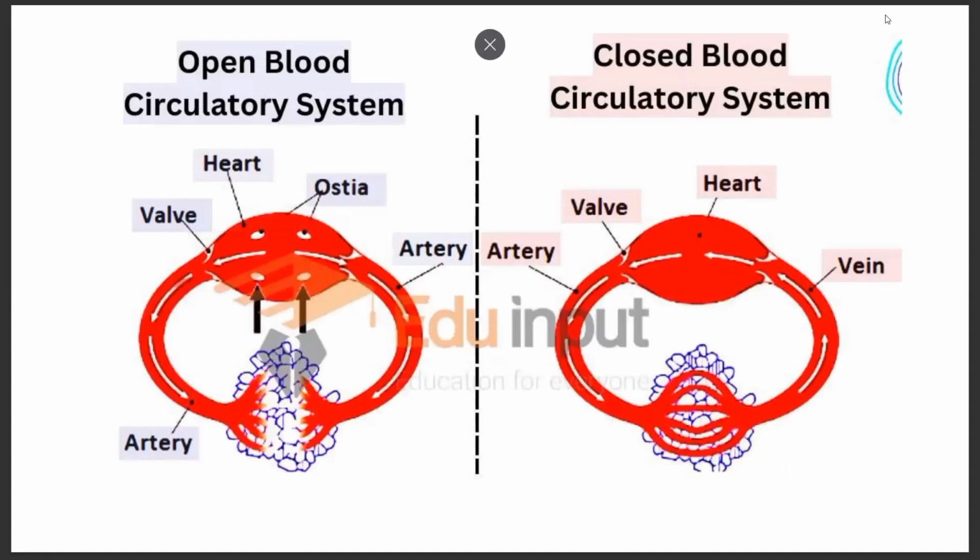In the open circulatory system, we compared these two systems that day also. Can you remember? In an open circulatory system, the circulatory fluid is called hemolymph. It bathes the tissues and organs directly. Now you can see there's a heart. It pumps that circulatory fluid into these interconnected vessels. But in here, can you see